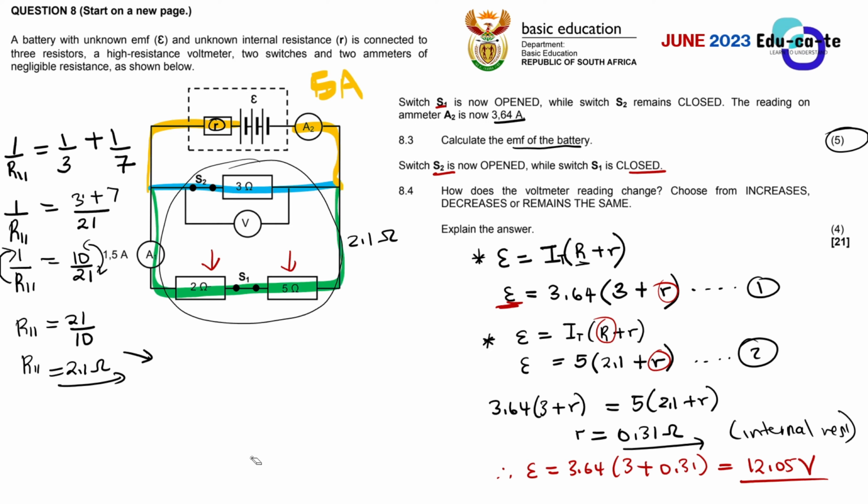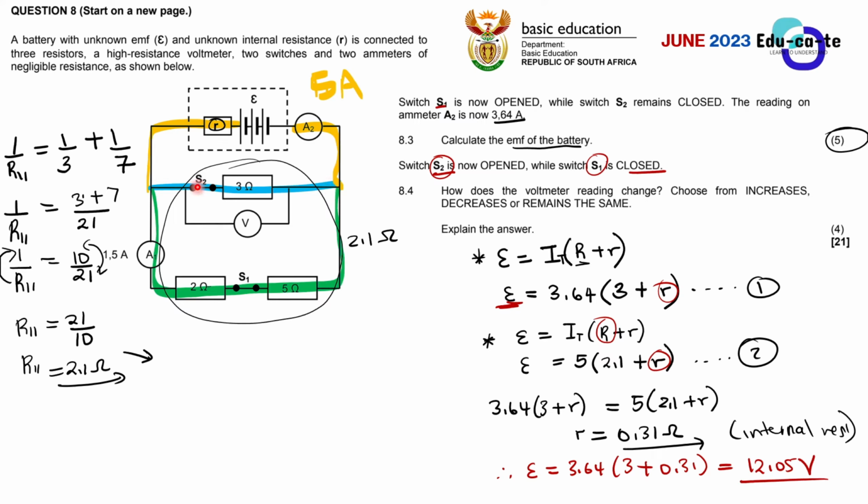Make sure that you watch my previous videos explaining this whole concept from scratch, from grade 10 content, so that you understand clearly. So here we're now opening switch S2, then we are closing switch S1. So switch S1 is closed, but switch S2 is open. Remember that switch S2 is responsible for controlling the current flowing through this 3 ohms resistor, this line that I'm highlighting here, grade 12. This switch S2 is controlling the current through the 3 ohms resistor.